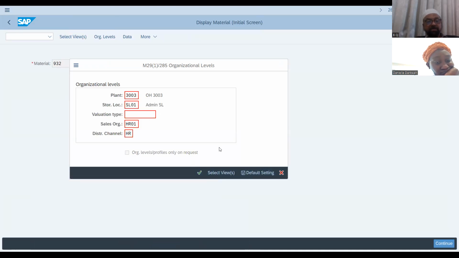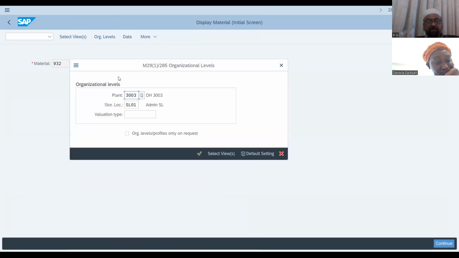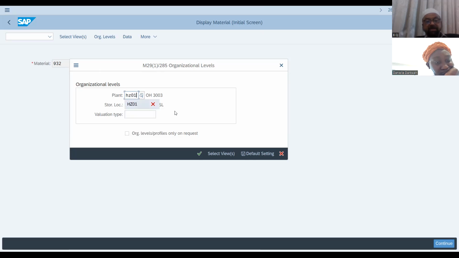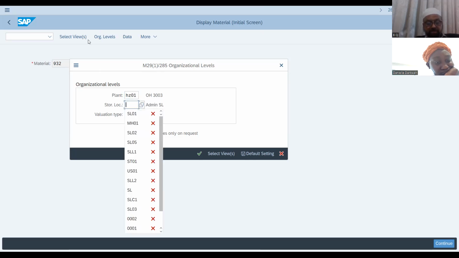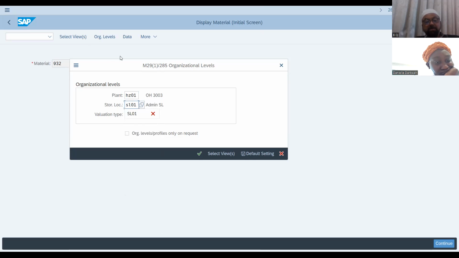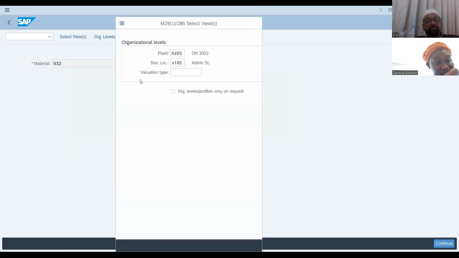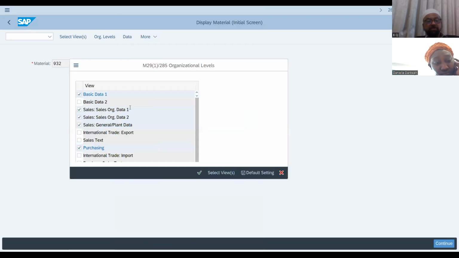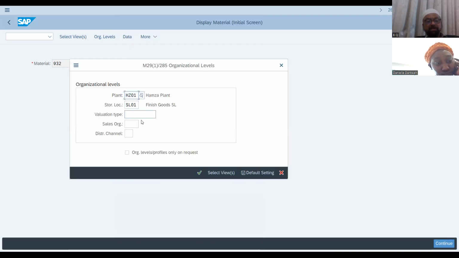Wait for a moment. Sorry, the plant is HZ01. And here is your SL01, you can see. Now you can go over the views, select these three views, continue. And here HZ01 and HR01. Here is your